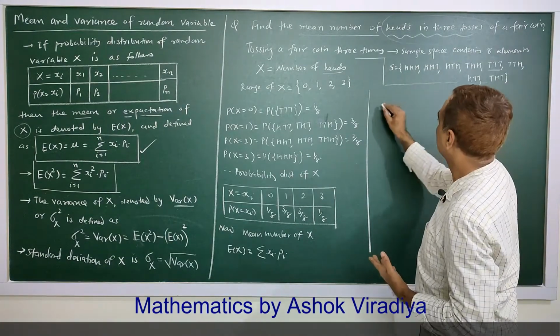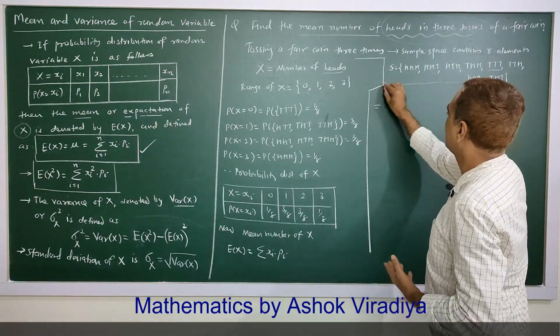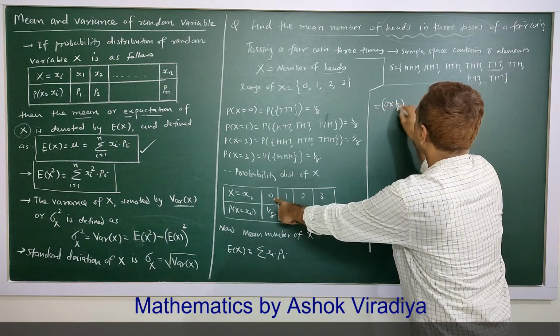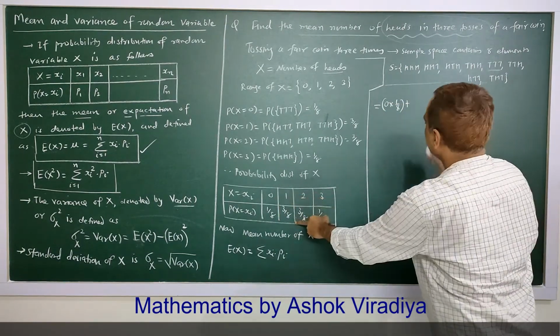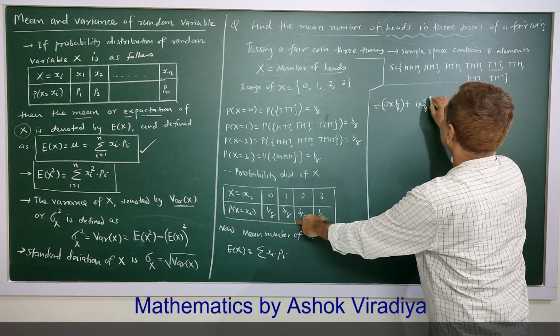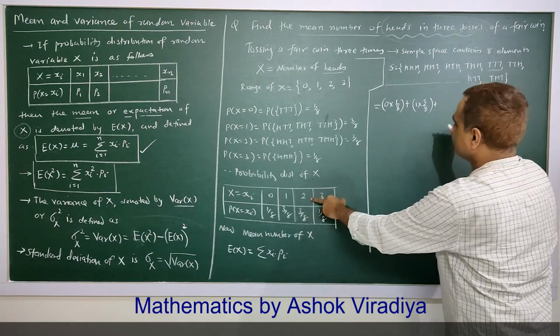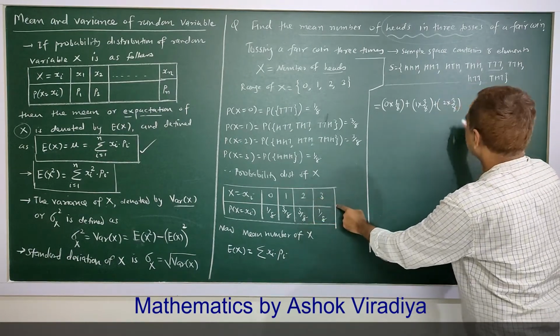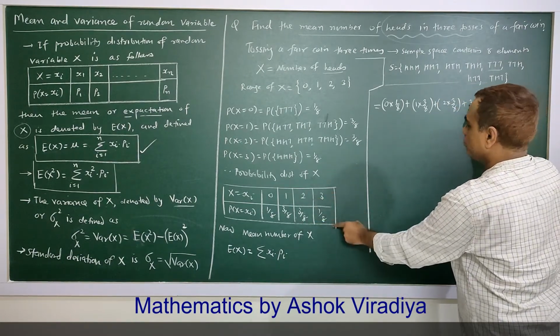So this is equal to 0 into 1 by 8 plus 1 into 3 by 8 plus 2 into 3 by 8 plus 3 into 1 by 8,